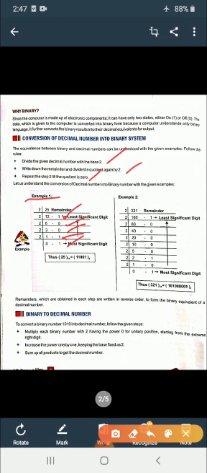The third step is to repeat step 2 till the quotient is 0, so I did it in the same way. Now, after we complete this part, we write the question, 25. As it is a decimal number, I quote it with base 10, 25 to the base 10. That is equal to, from bottom to top, we write down our answers: 1, 1, 0, 0, 1. As it is a binary number, I have represented it with base 2. This is how we convert a given decimal number into a binary number.